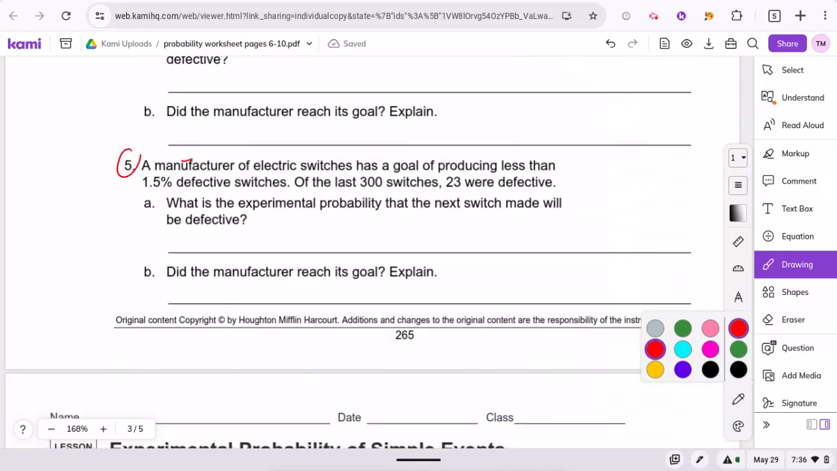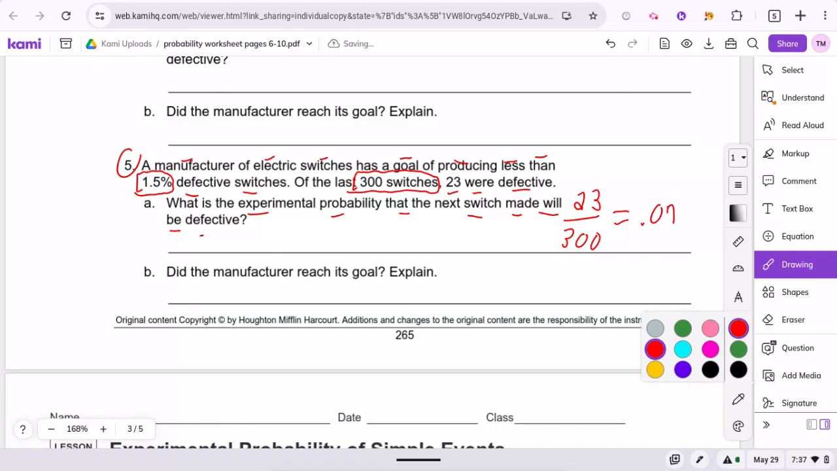Number 5, a manufacturer of electric switches has a goal of producing less than 1.5% defective switches. Out of the last 300, 23 were defective. What is the experimental probability that the next switch will be defective? So 23 out of 300 were defective. You can just divide for this one to get a decimal and then a percentage. 23 divided by 300, and you get